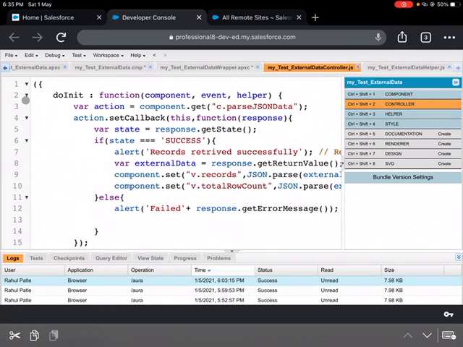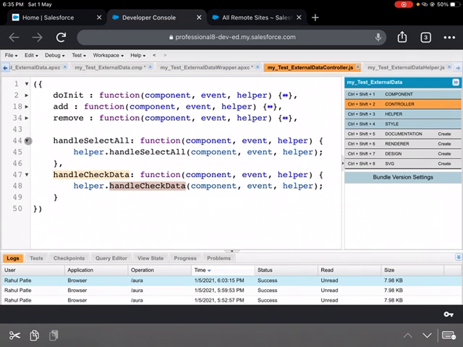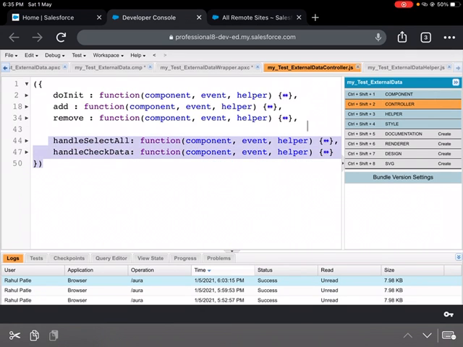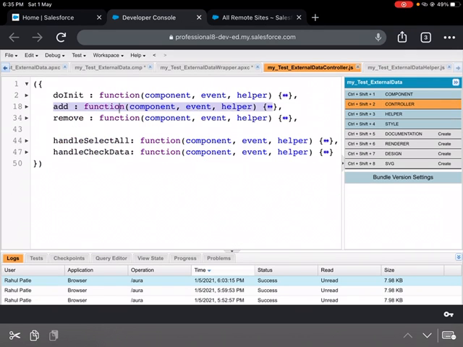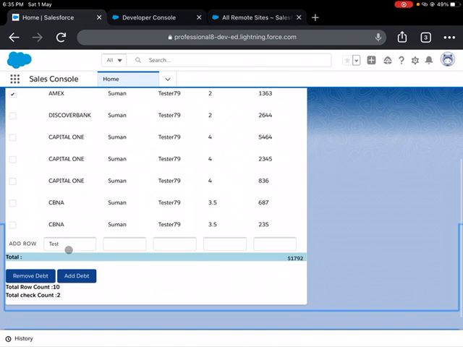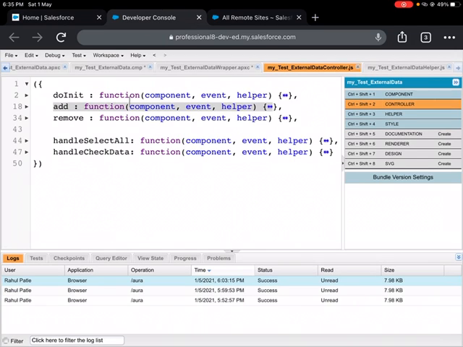In the controller, doInit, add, remove and handle select call the helper, which is the method I've showed you. In doInit, I'm setting the data first and I'm setting the count. With add, after clicking on the add button, I add one more element to the array by getting the values I have put in here, and I add it on top of the existing records. And remove uses the splice function to remove the current record. That's how all this functionality works.